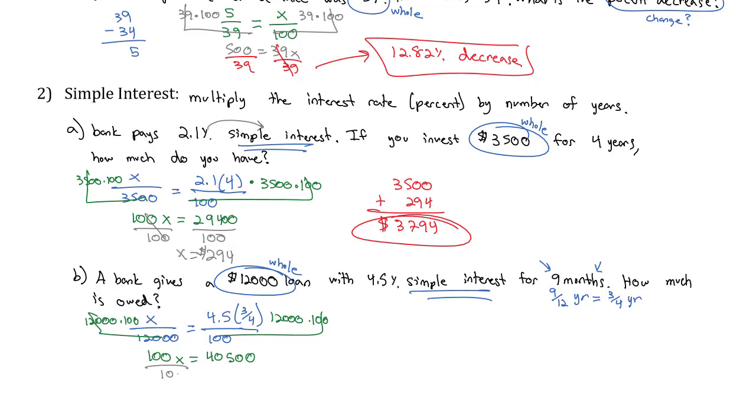So to solve for x, our interest, by dividing by 100, x is equal to 405. But again, be careful, that percentage is talking about the interest. That means I earned $405 in interest. The loan was $12,000. We have to pay an additional $405 in interest. And so the total amount owed is